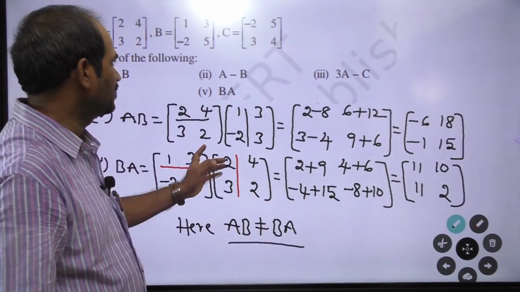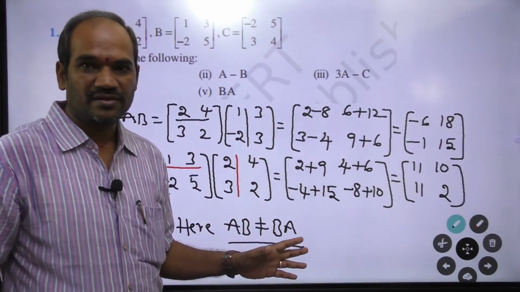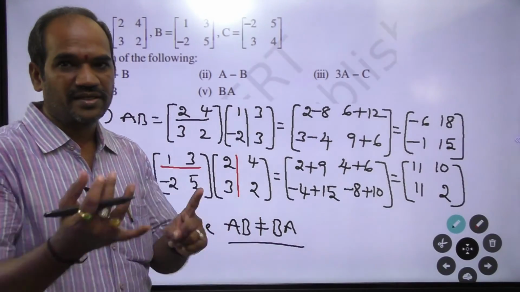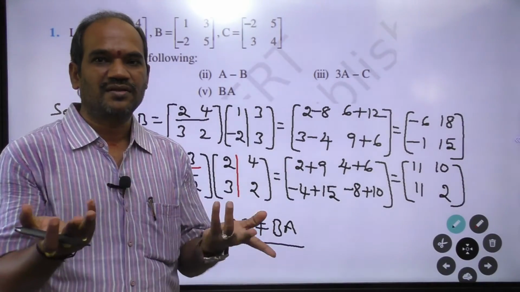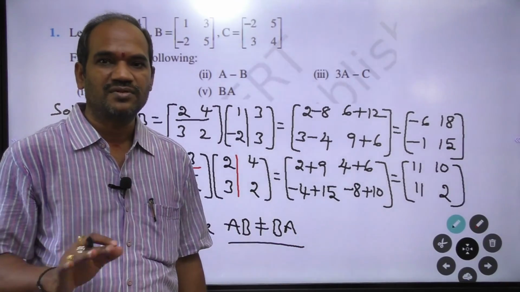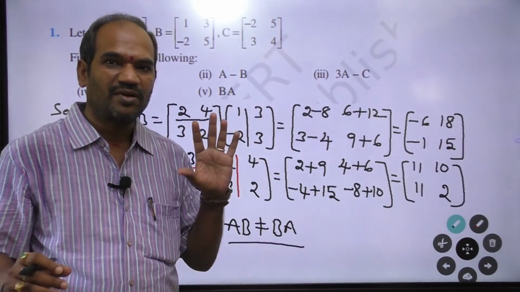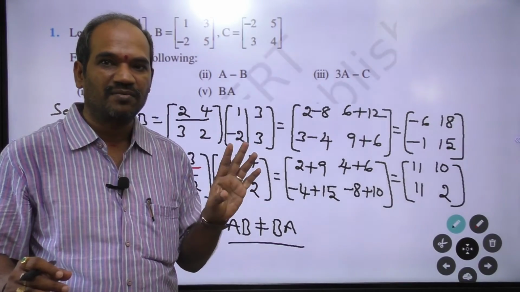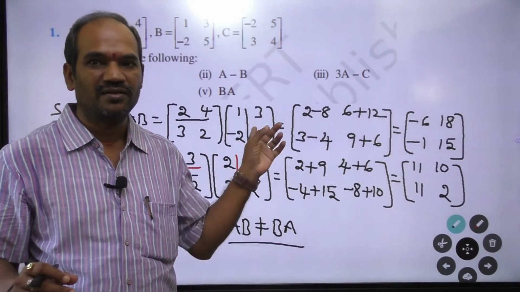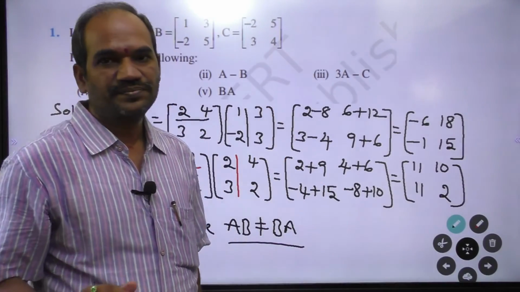Finish. See here, in these problems, the remaining problems all follow the same procedure. Next exercise is only addition and multiplication. The remaining second exercise, all questions are the same, no change. In the final exam, a 5 marks question is coming from this second exercise. 5 marks questions, easy problems, only this type of questions. Write this question.